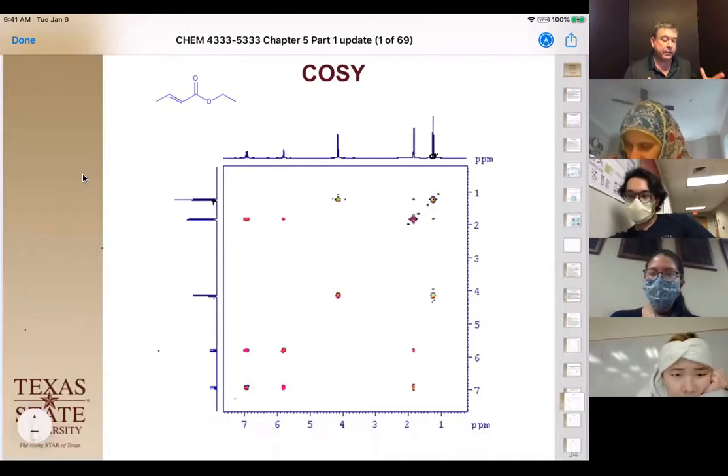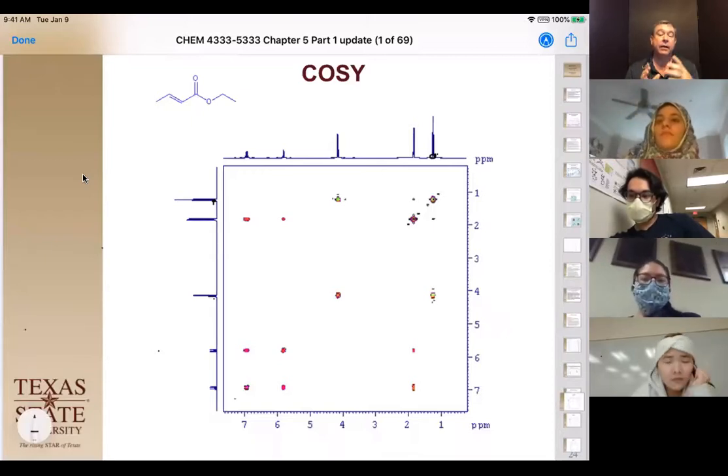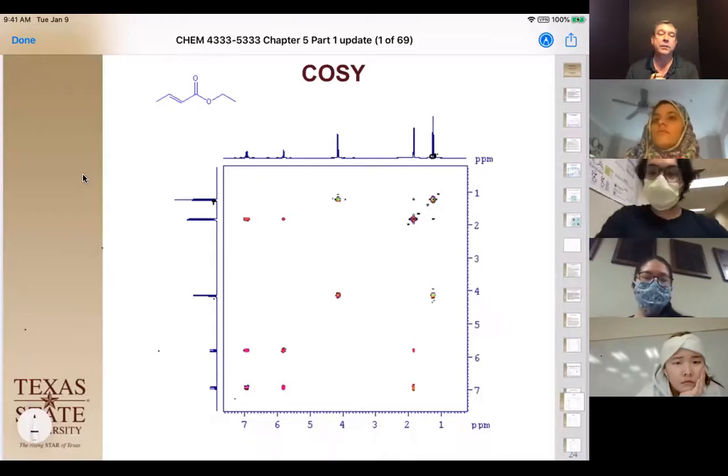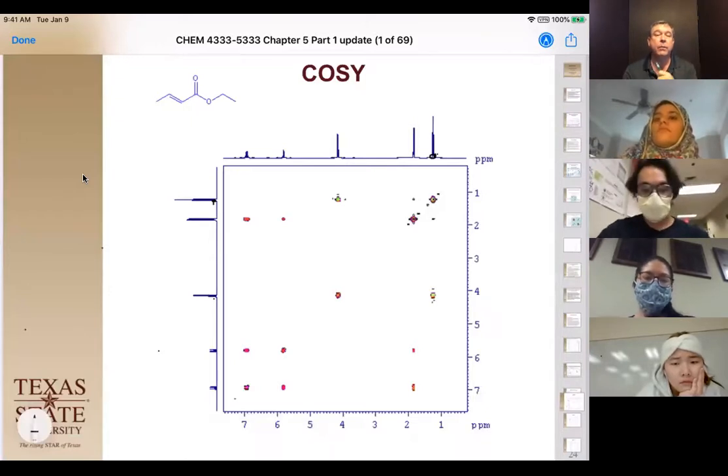This is a little bit different than what we had before in the fact that it has a few more correlations. And so this is more realistic to what we'll see in a standard COSY NMR. And again, there are not that many peaks here, but it gives us exact correlation. We're not just looking at the spins looking at each other. We're looking for things that